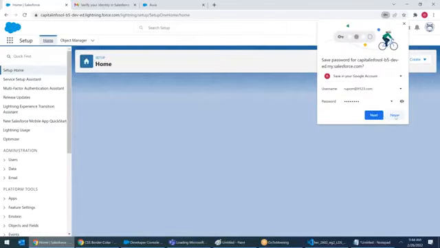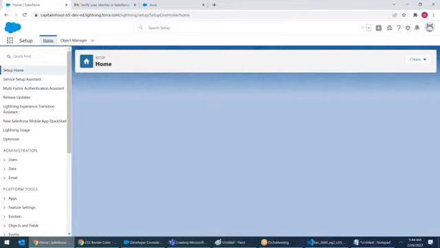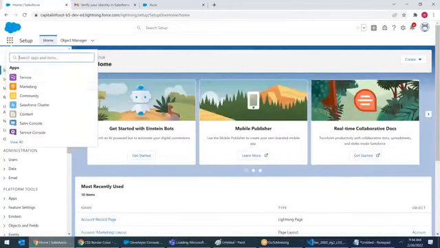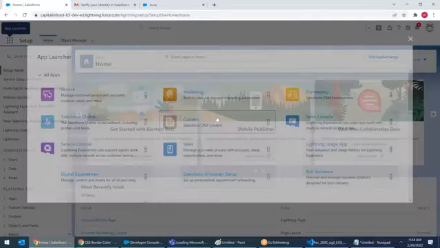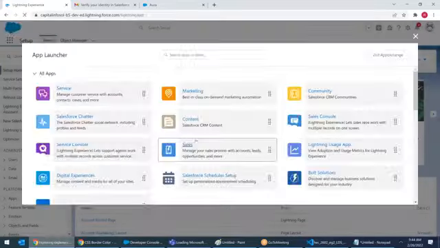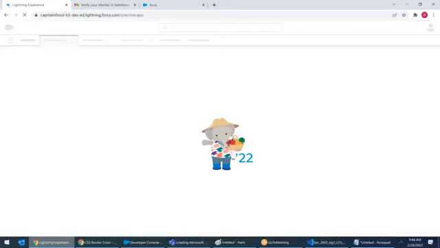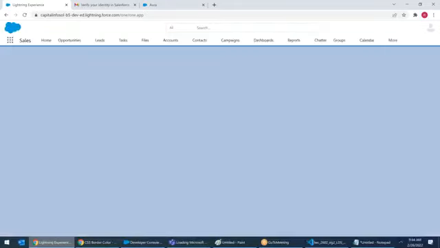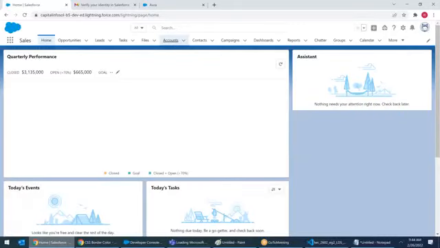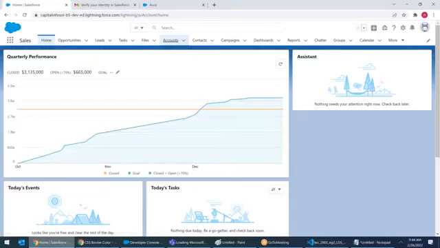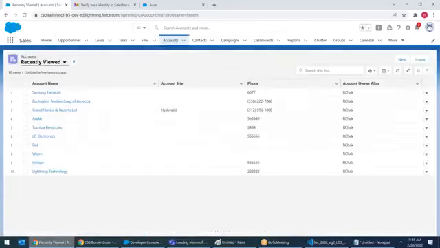Right? Perfect. So I click on setup. I click on view all. Hope that now it's got deployed. Click on sales. I go to my account. I open Samsung Electricals. Hope that it got deployed. Yep, it got deployed. You can see